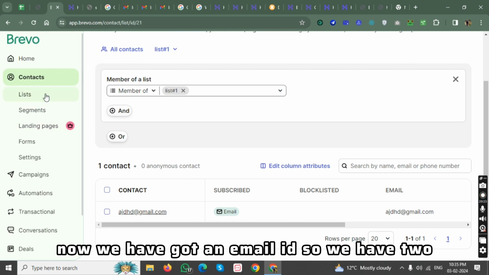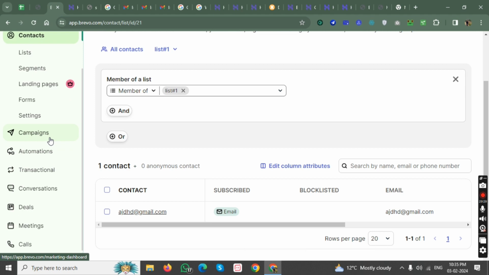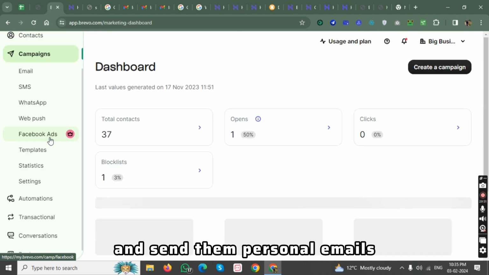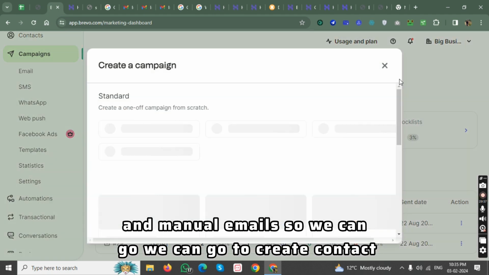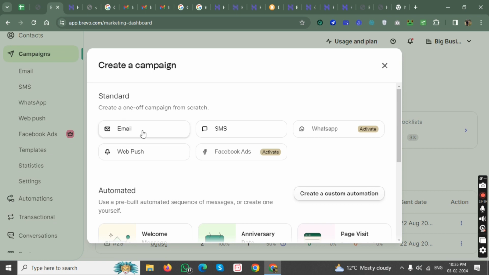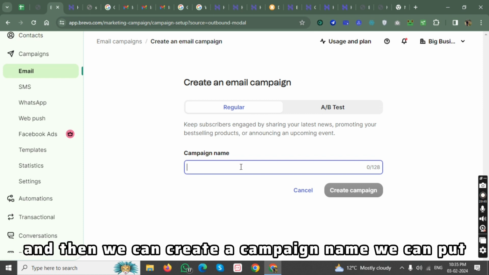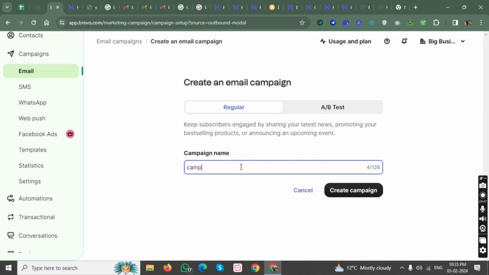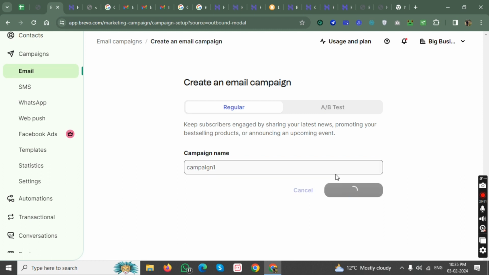So now we have got an email ID. So we have two options. The first option is we can go to campaigns and send them personal emails and manual emails. So we can go to create contact and we can choose email, and then we can create a campaign name. We can put campaign 1. We can create a campaign,